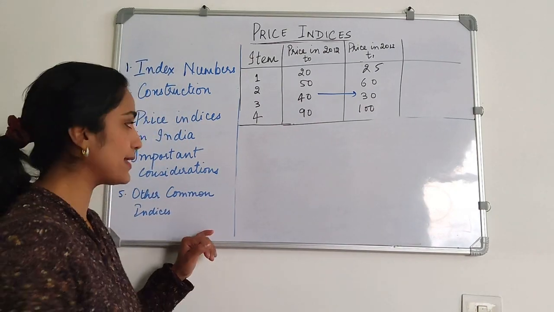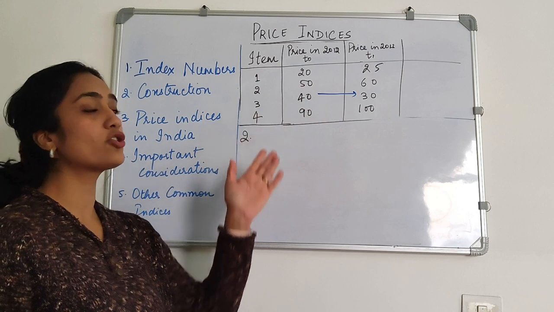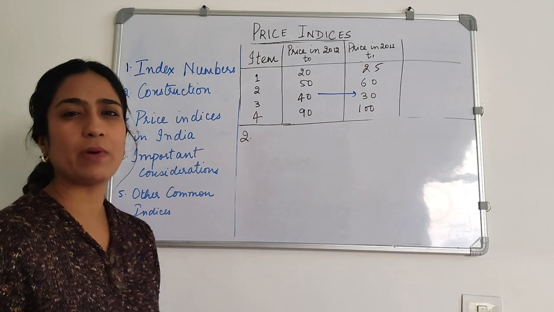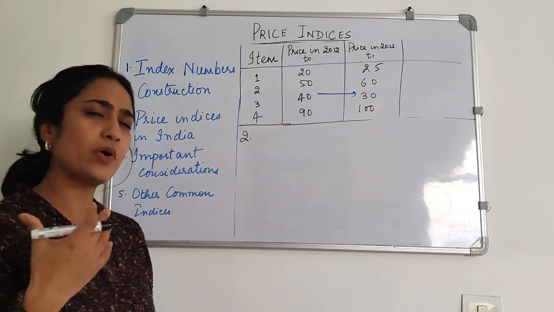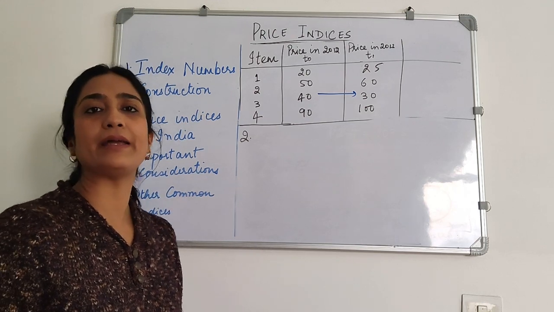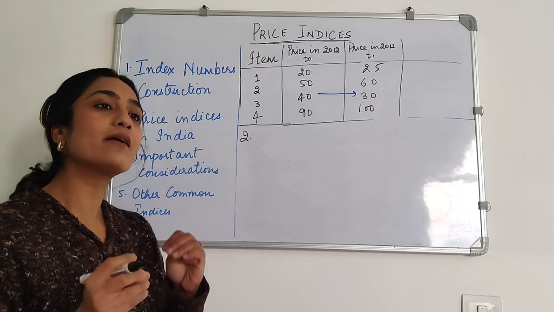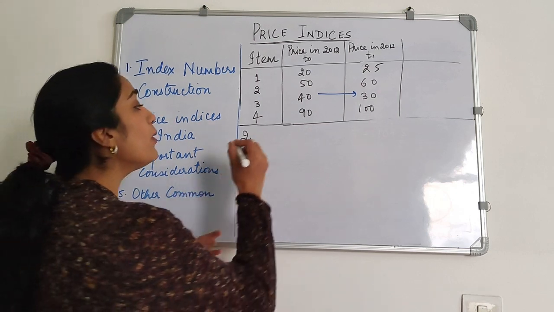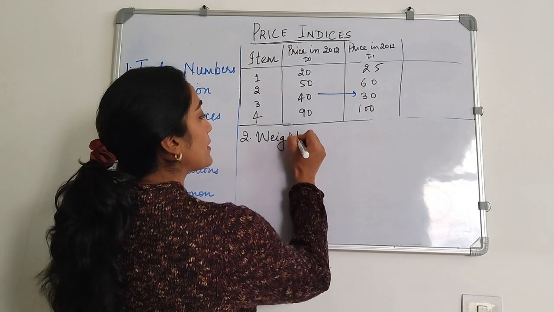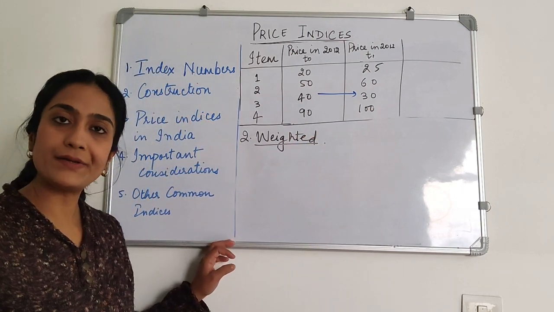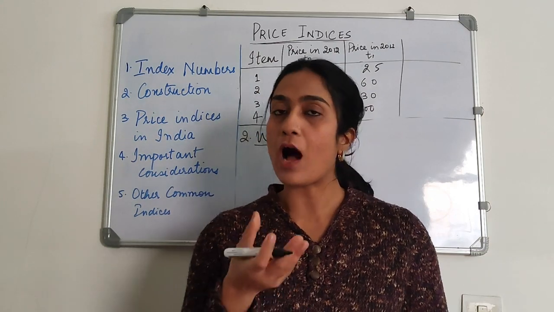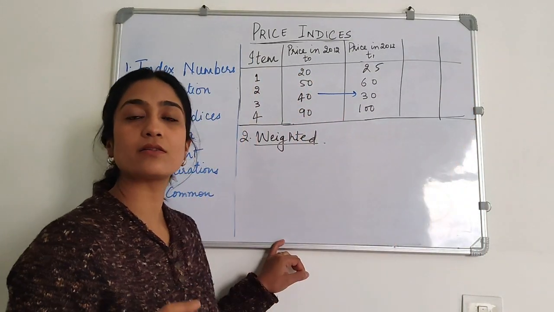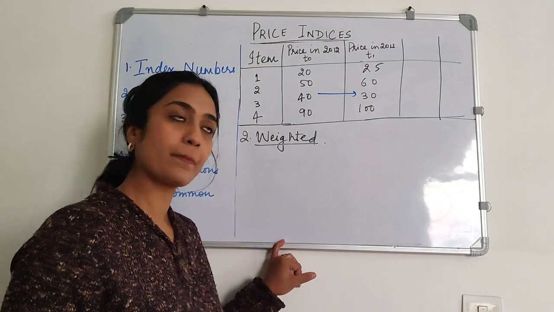So just to take the extreme example, suppose there is an item in this which no one consumes. It's an outdated item, or it's an item that is valued by a very few people. Somehow its price is going up or it's going down, whichever way, but no one is actually buying it. So that item is redundant from the point of view of constructing an index where you want to see relevant prices. So now we will construct a weighted price index, weighted by the importance of a commodity. And how will we calculate the importance? We will calculate it based on how much of that good is consumed in the economy. Okay, so now